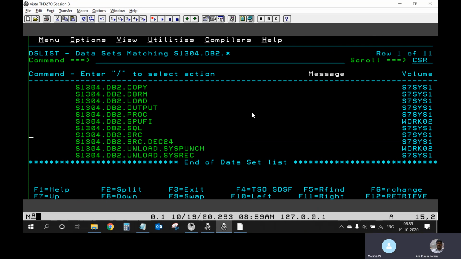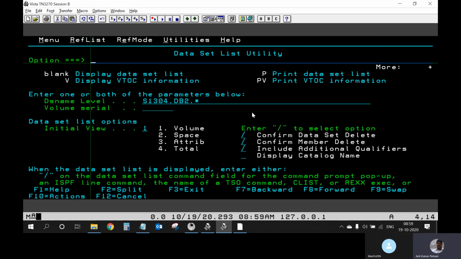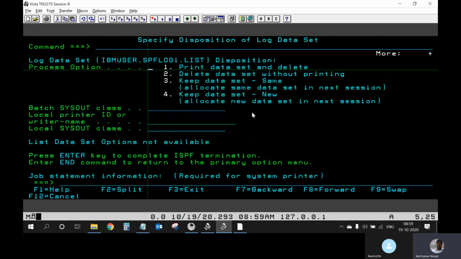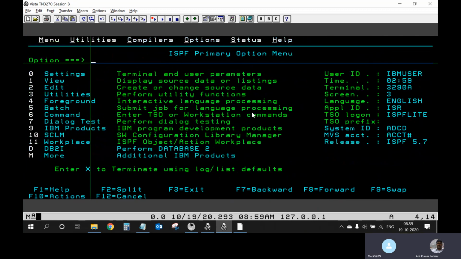Any other point that we missed in DB2? We'll go back to CICS again from tomorrow. We have very little time now, half an hour is there. I think we got it, we got the syllabus covered, I think.